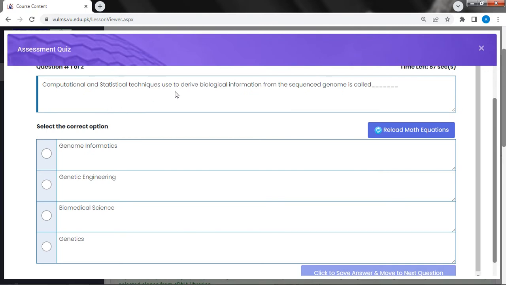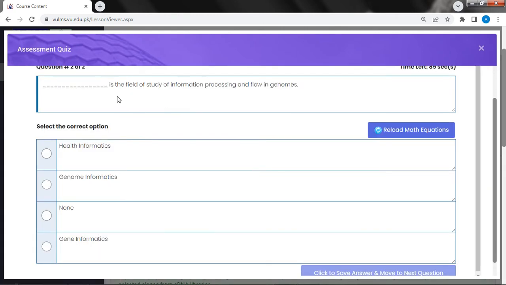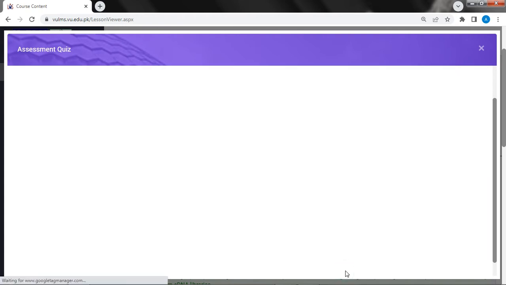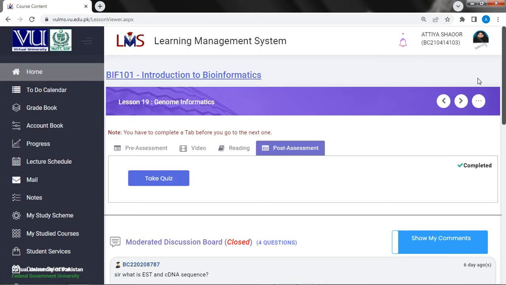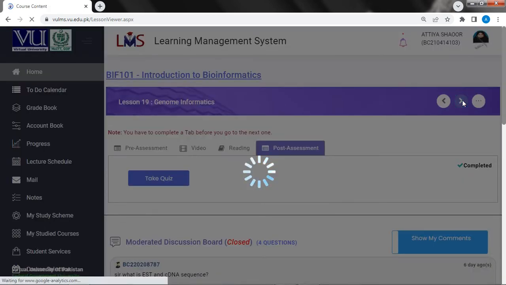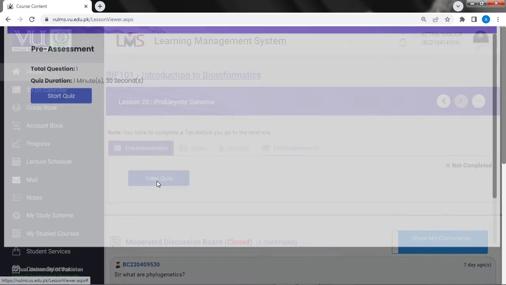Computational and statistical techniques used to derive biological information from the sequence genome is called genome informatics. Dash is the field of study of information processing and flow in genomes. Genome informatics. So both are correct. Thank God। अब चलते हैं आगे। हम लोग अब चलते हैं अपने अगले टॉपिक की तरफ, टॉपिक नंबर 20। टॉपिक नंबर 20 आ गया है प्रोकैरियोटिक जीनोम। ठीक है, टेक क्विज।